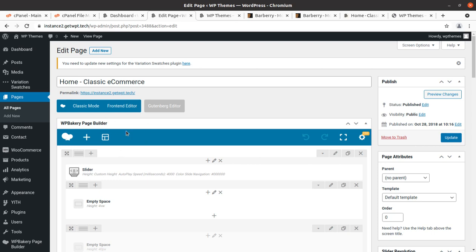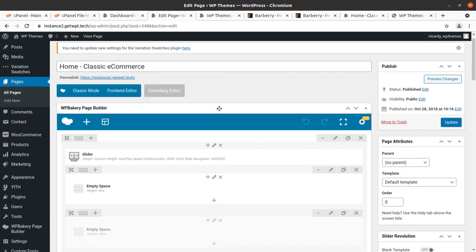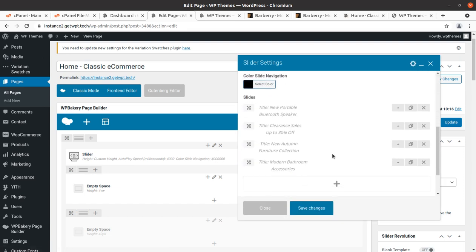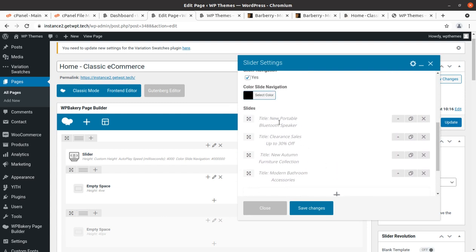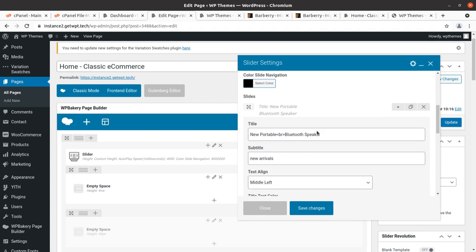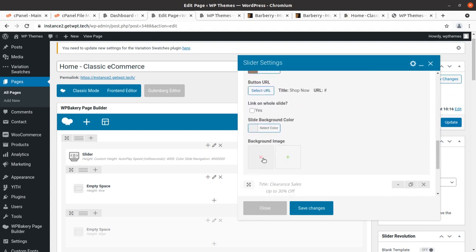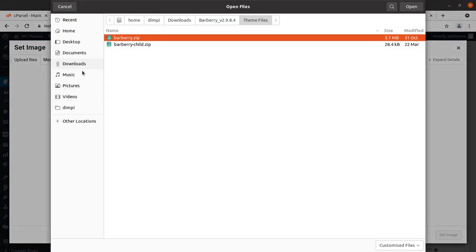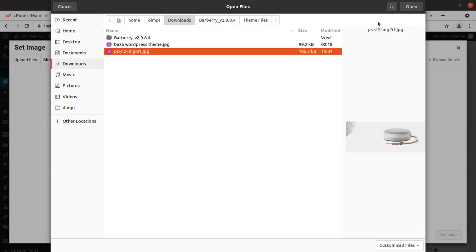So simply click on edit page with the backend editor, WP Bakery backend editor, and click on the slider, and we have already downloaded one Bluetooth image, and I believe the new portable Bluetooth speaker is here, and we can expand this. And so the image is not here, so we can add one image here that we have already downloaded, and this is the image.